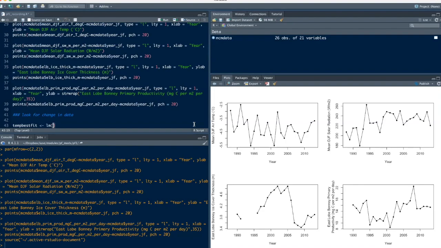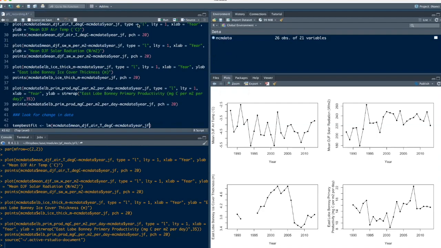You can either use x equals and y equals, or you can use y tilde x, y as a function of x. So let's look at, say, for example, McMurdo data, and we want to look at our temperature data. Here's our mean air temperature, tilde, as a function of time. So we want to look for a change over time, and that's our time series there. And so this will create an object called temperature best fit, or temp best fit,